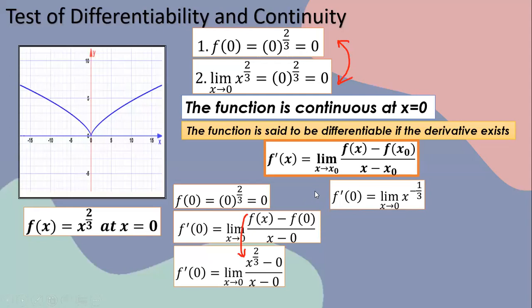Simplify the function, we get the limit of x raised to negative 1/3. So, saan nakuha yung negative 1/3? We have here x raised to 2/3 over x. Okay. So, the